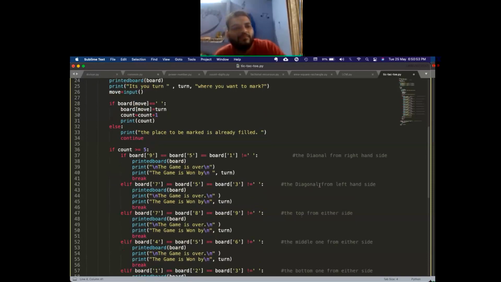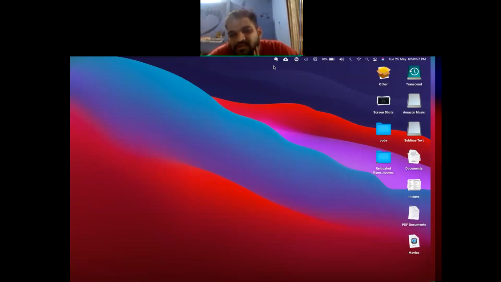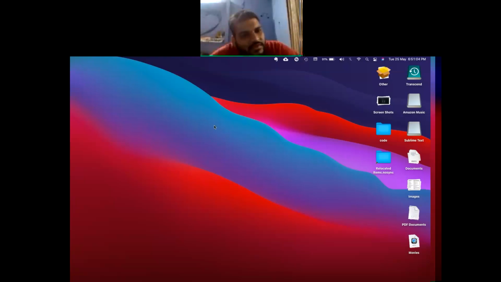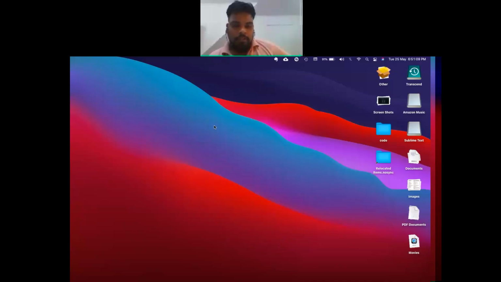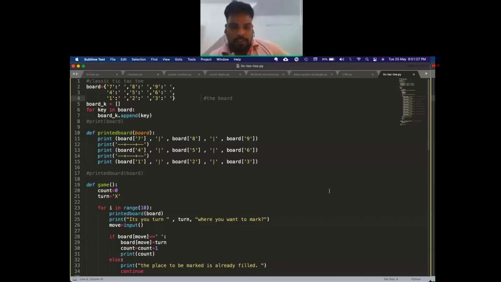Aditya, do you have any query? Ayush, can you please move your code up so I can see what imports you have done in that project? Can you speak a bit louder? Just move your code upwards so I can see what libraries you imported. No libraries. Yes, sir. I have created a printed board. To print the board, I have created this function.